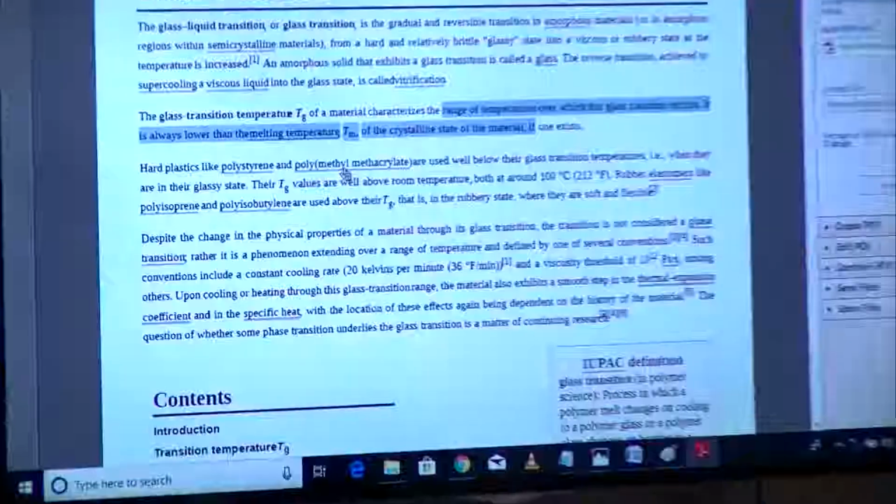Okay. So, these are the things that you need to measure explicitly or mention explicitly when you say that this is a glass transition associated with this polymer. Otherwise, it is not a complete description of the data. It is not a complete qualifier of the data. You understand? Now, hard plastics like polystyrene, PMMA, this is called polymethyl methacrylate.